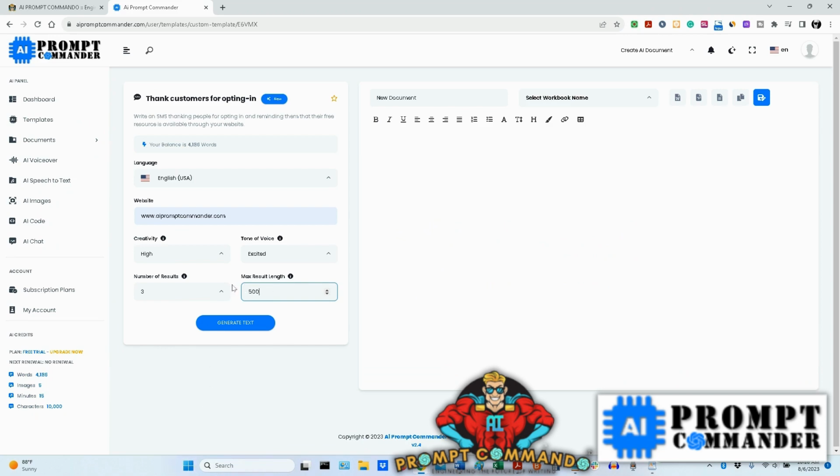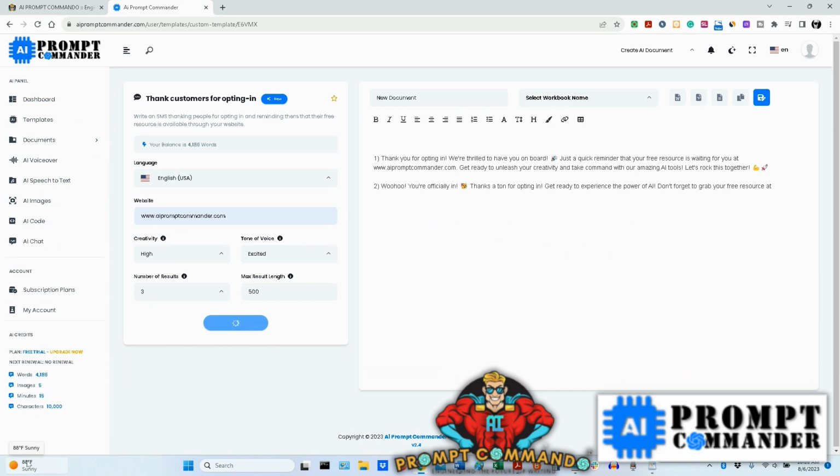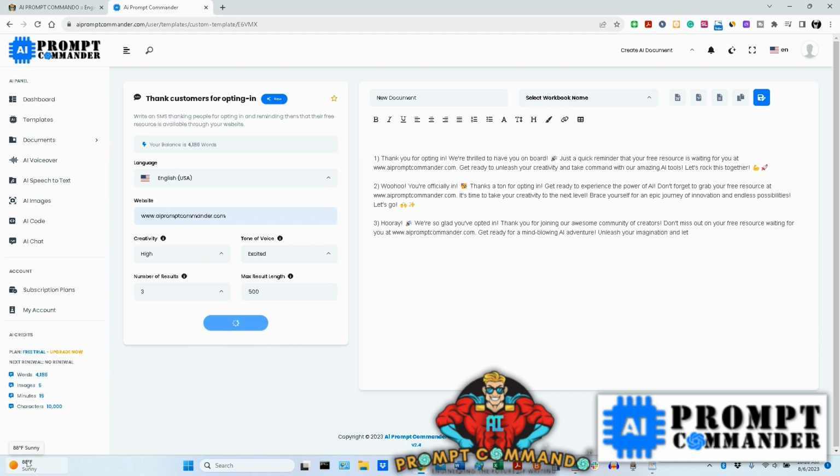Now once you get that number in there, then you just go ahead and click on the generate text button, give it a few seconds, and boom, look at that. It's already popping up for you. Now, if you were using the regular OpenAI, it would take you quite a while to figure out exactly what you need. And this is already, see, it already got you the number of results, and you already see,